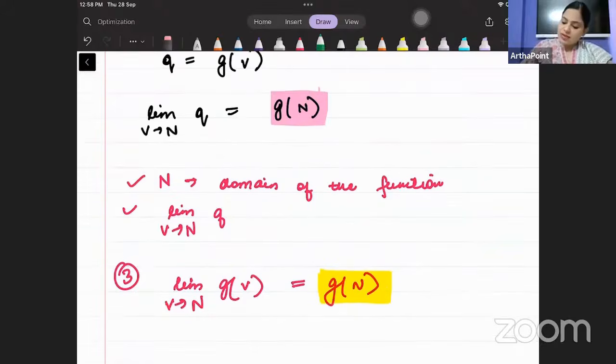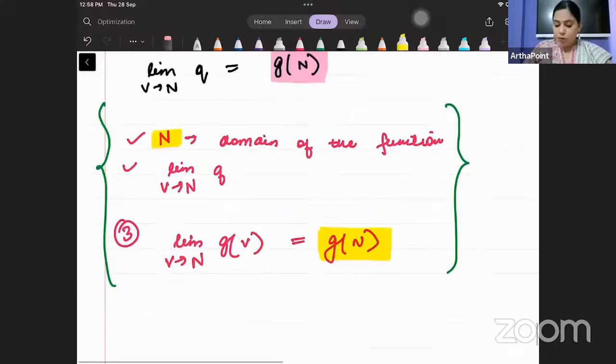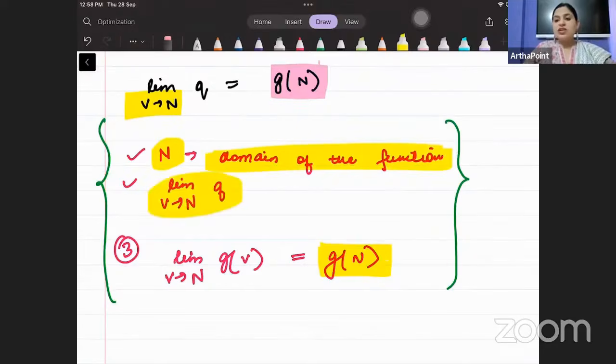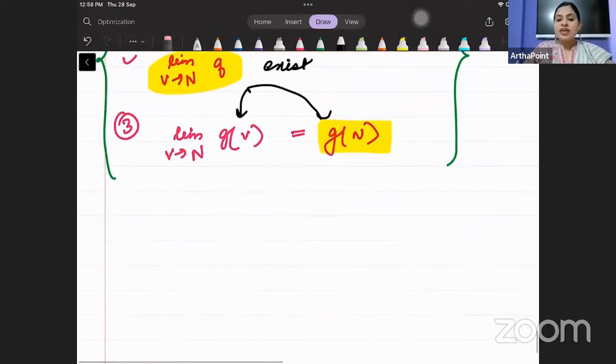हाँ, तो हमने 3 चीजों के बारे में बात की है, we have talked about 3 things बेटा। जो पहली चीज हमने बोली है वो ये है that whatever, जिस भी point पे हम उसको tend कर रहे हैं, wherever v tends to n, that n must be in the domain of the function, वो हमारी पहली चीज है। दूसरी हम बोल रहे हैं limit v tends to n q, it must exist, and जो limit exist करे it must be equal to the value g of n। ये तीनों ही चीजें हमारे लिए important है, ये तीनों ही चीजें होनी जरूरी है,